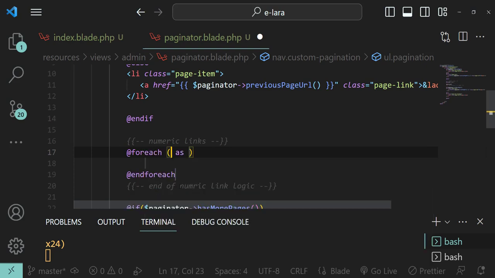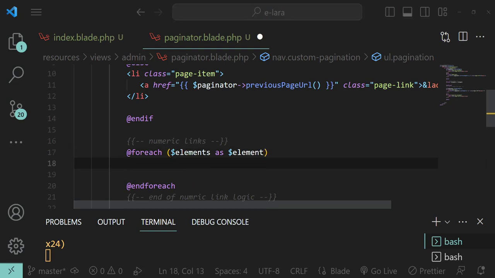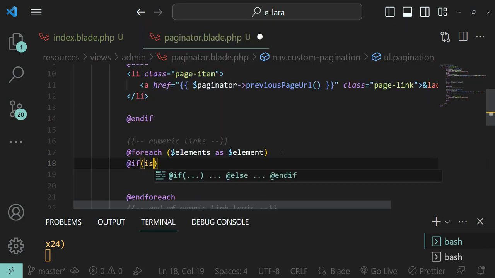So add a foreach: elements as element, singular. Each element of this elements array could in itself either be a string or another array. So we have to test whether this particular element is a string or an array. If it's a string we have to deal with it differently, and if it's an array we have to deal with it differently. So we have to make sure what kind of element we are dealing with. If this element is a string,